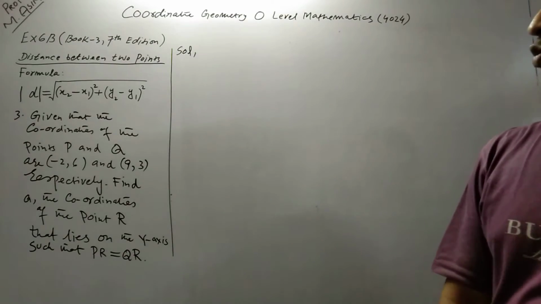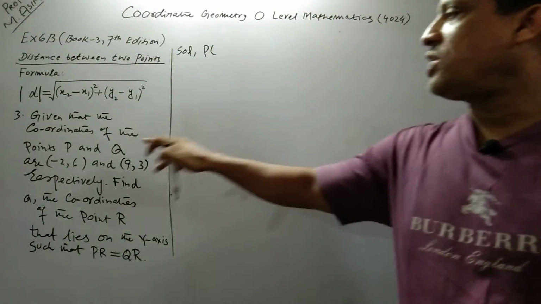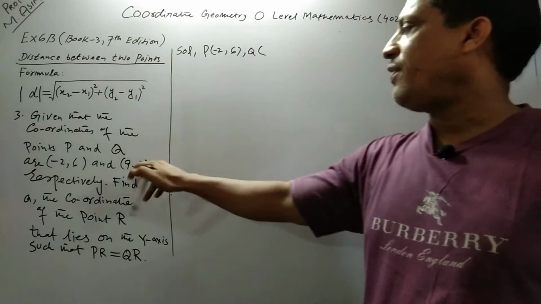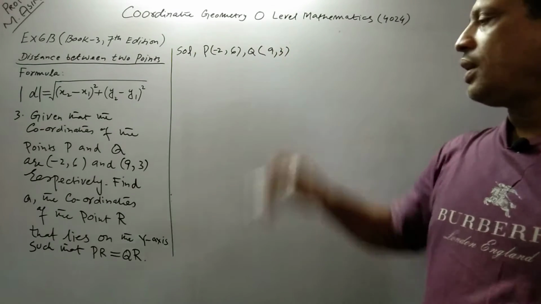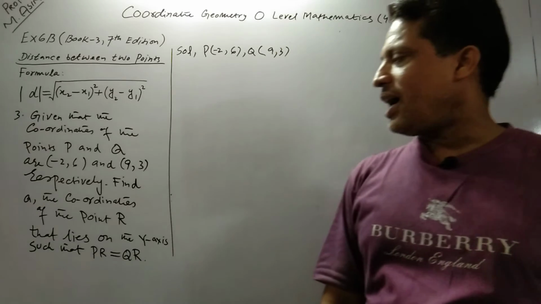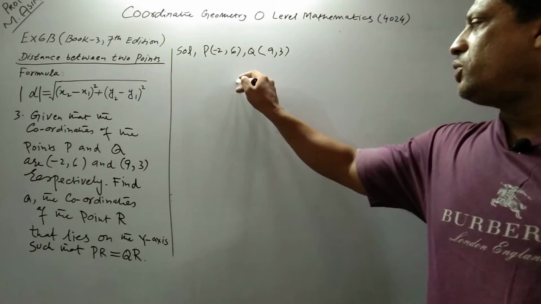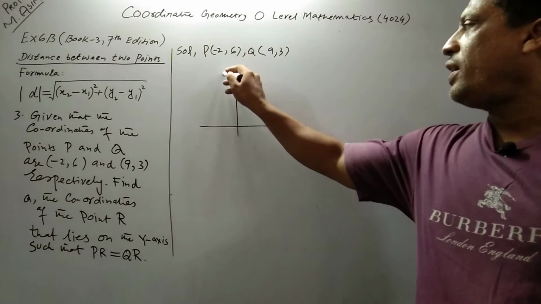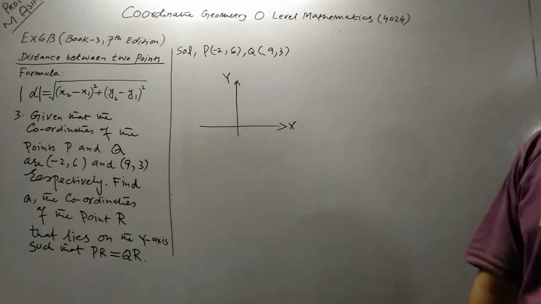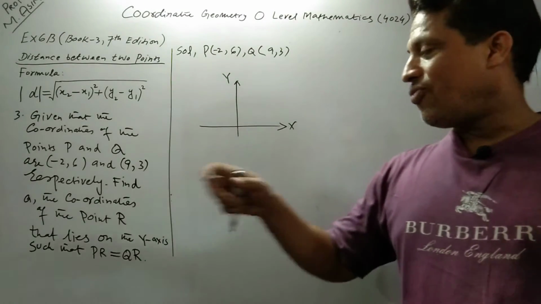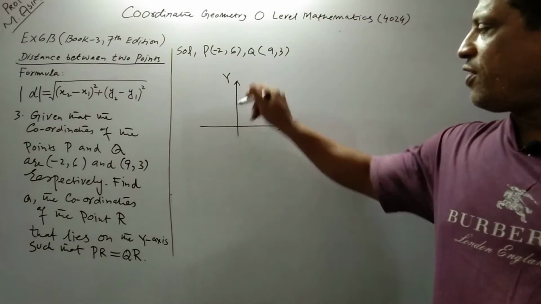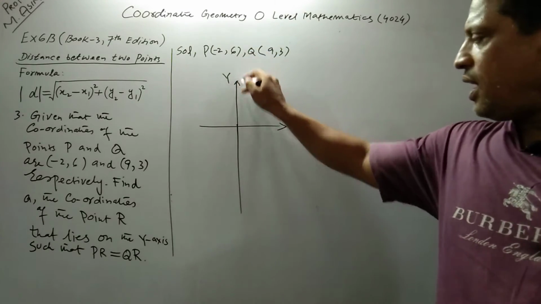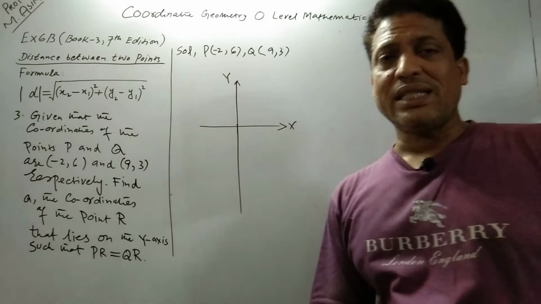Given that the coordinates of the point P are -2, 6 and Q are 9, 3. Find the coordinates of the point R that lies on the y-axis. Students, you must keep in mind, horizontal line is the x-axis and vertical line is the y-axis, and R lies on the y-axis. Y-axis means anywhere on this line. So you must keep in mind,